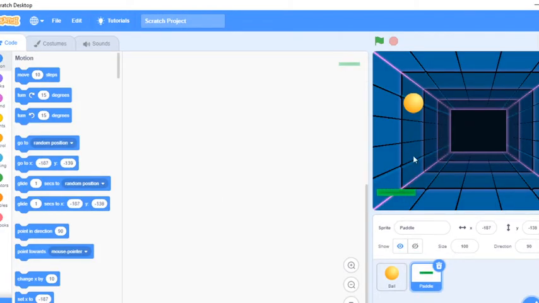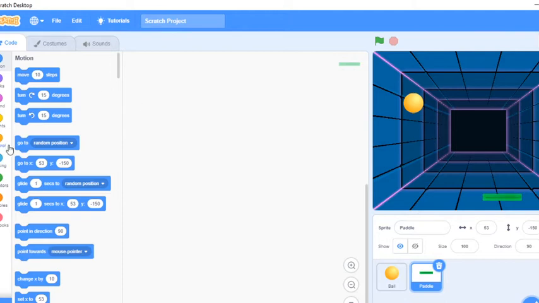Okay. What is our game? The ball is moving continuously in a 45 degree direction, and the paddle is moving in the X direction, left and right. When the ball touches this green line, the score will be calculated automatically. Like that, we are creating a game. So first of all, I have to write the code for that paddle, the green small line.